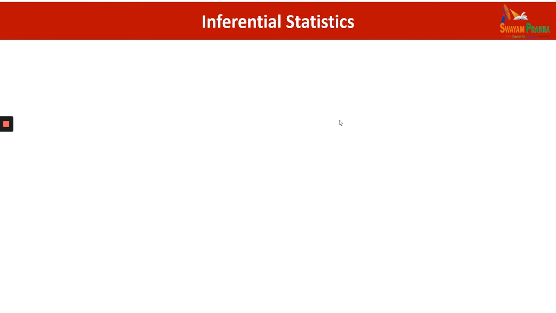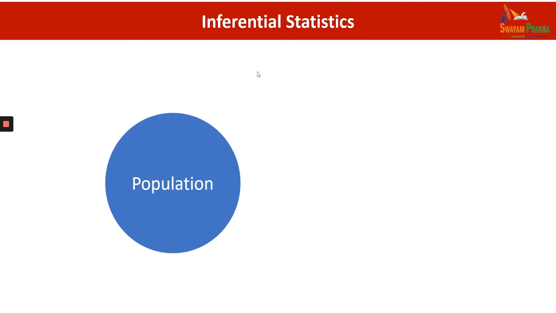Now see, in most of our primary studies, we work on the sample. We have our population and we take the small sample from the population. And what is the ultimate aim of the researcher? The ultimate aim of the researcher is always that whatever you find on the basis of sample, are you able to generalize all these findings to the population at the larger scale? Because that is the ultimate goal that every researcher wants to achieve.